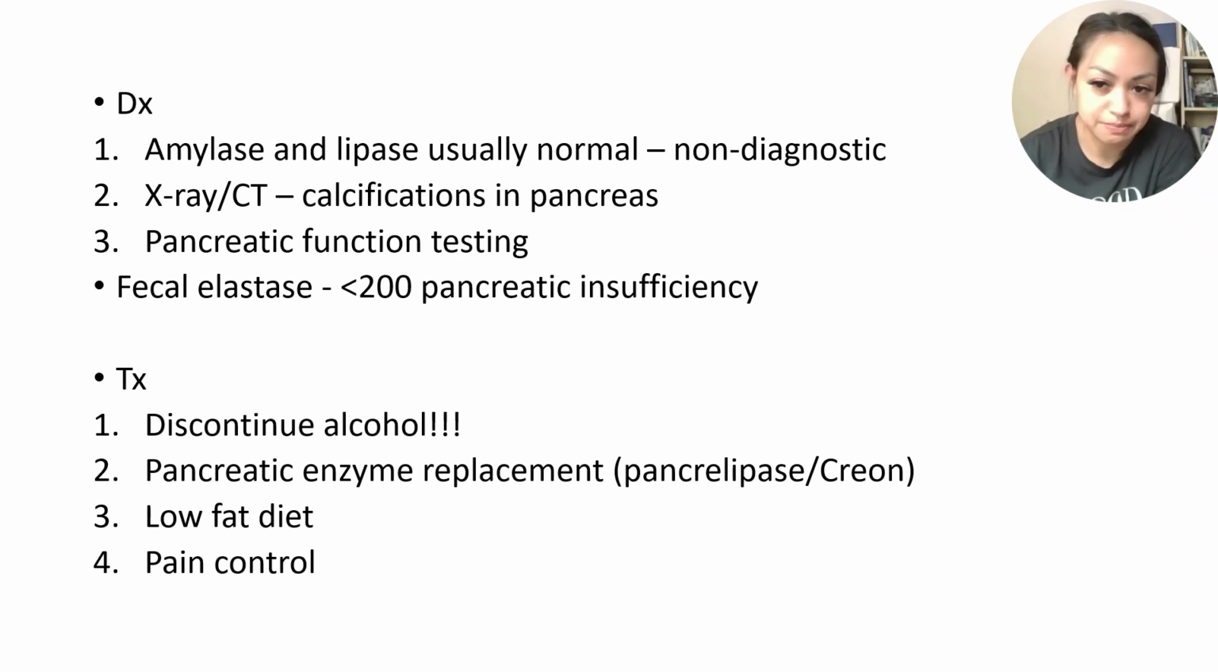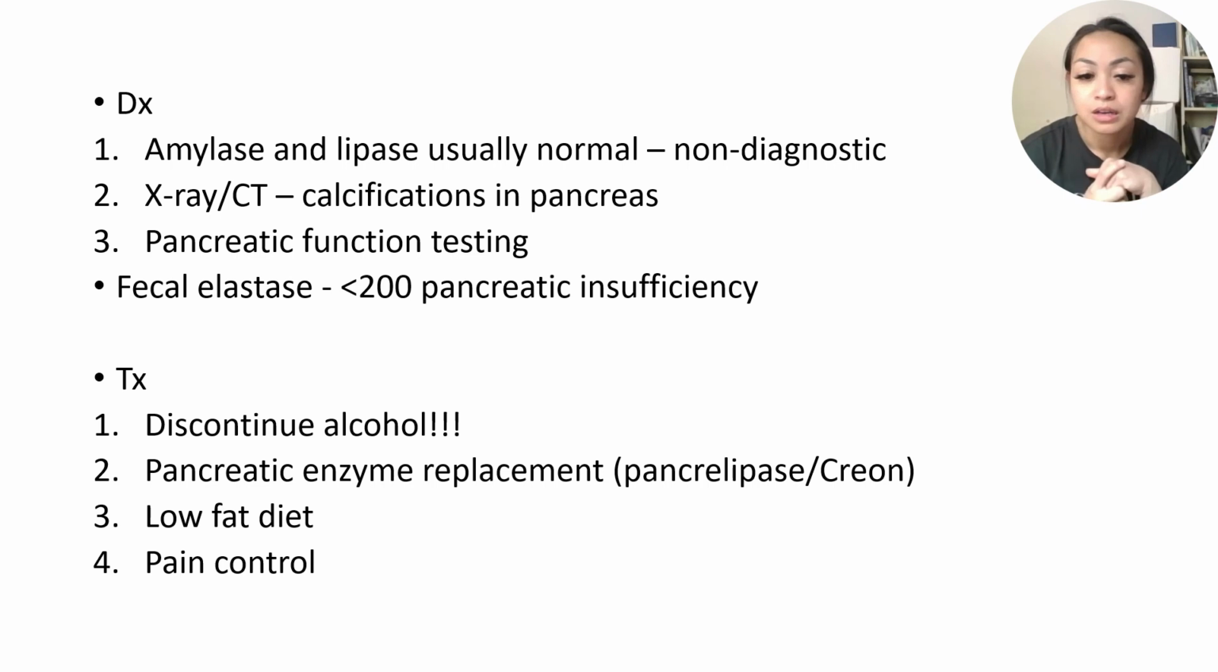Okay, so in terms of diagnosis for chronic pancreatitis, it's not a very good idea to measure serum amylase and lipase because unlike acute pancreatitis, where amylase and lipase would be elevated 3 times the upper limit of normal, in chronic pancreatitis, amylase and lipase are usually going to be normal and sometimes even decreased because of the chronic injury to the pancreas, the production of these digestive enzymes are going to be reduced. So we don't usually use this for diagnosis, so it's not diagnostic for chronic pancreatitis because it can be normal